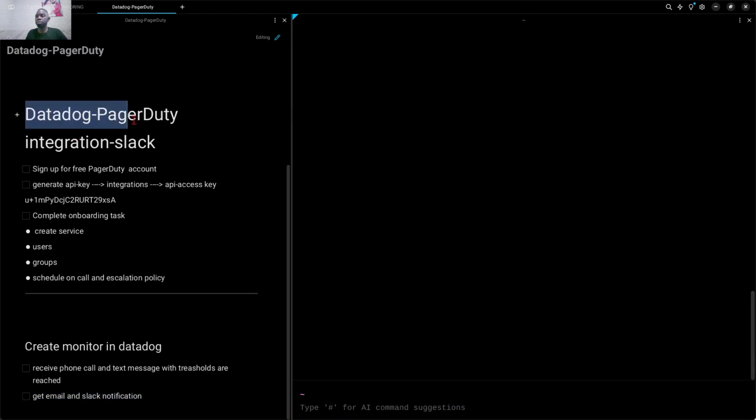integrate Datadog with PagerDuty and Slack so that we can get notifications. So what we are going to do in Datadog is set up a monitor and set some thresholds. Anytime these thresholds are reached, we are going to get a phone call from PagerDuty notifying us of the incident that is happening. We are also going to get a Slack message,